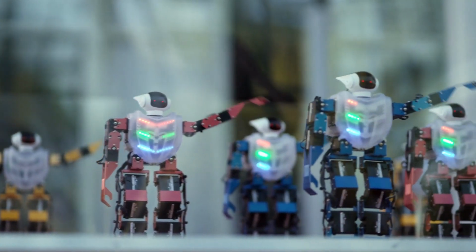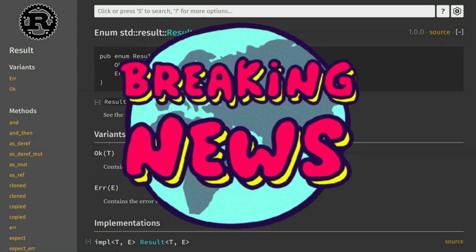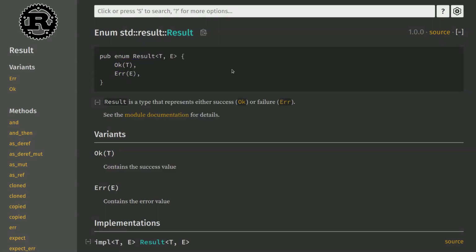The result enum has two variants, Ok and Err. On the Ok side, you can put in whatever you want. And on the error side, you can put in whatever you want as well. But if you need to be able to report that error back, which happens in well over 99% of cases, your E inside must also implement debug and probably also implement display.